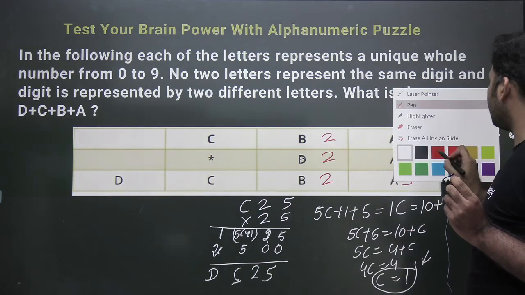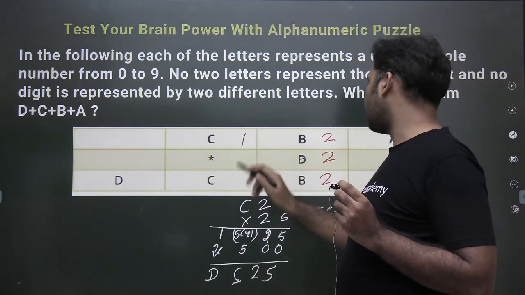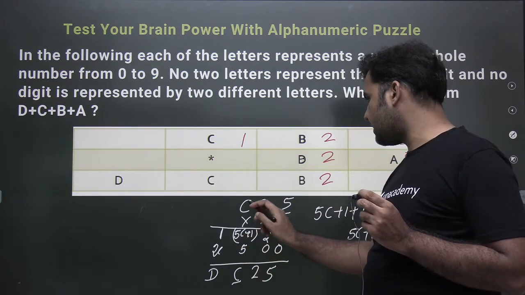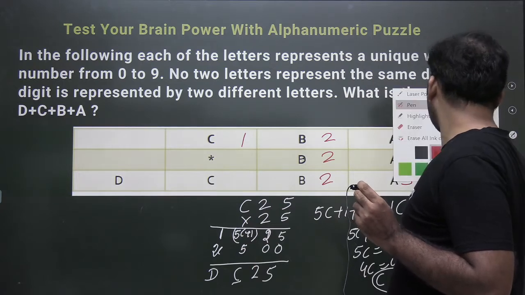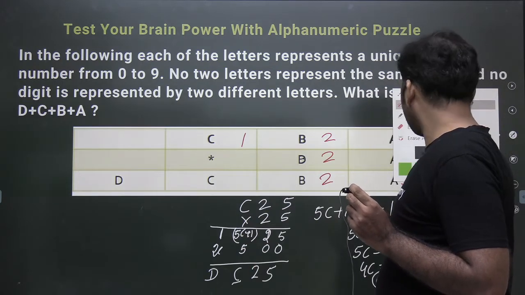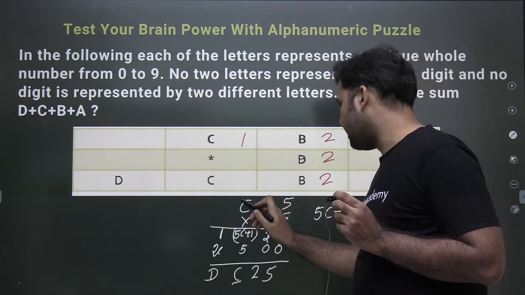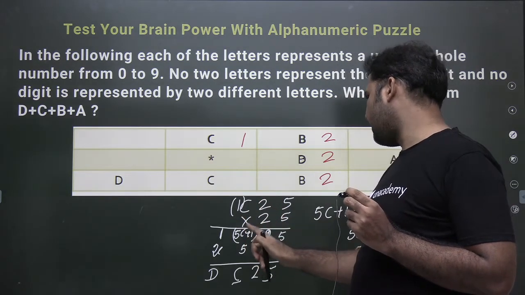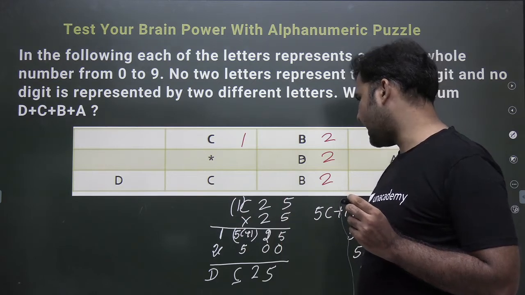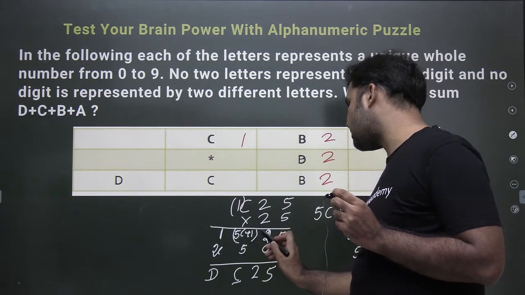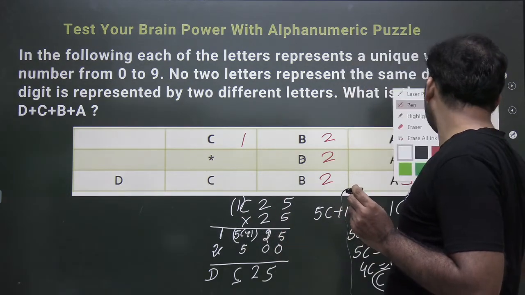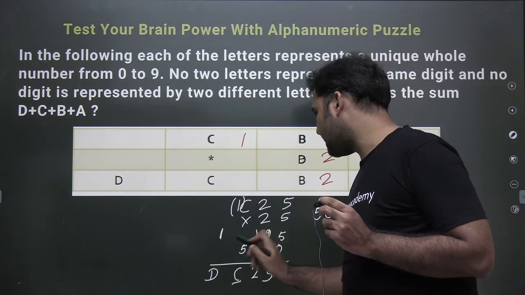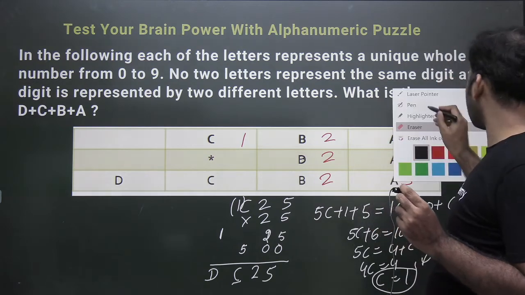Now when I take C as 1 here, right, let's see what will be the multiplication you'll be getting. Taking C as 1, replace C with 1 here, right. If I take C as 1, so this would be 125 into 5. Right, this will give you 625. So this number has to be 6. 5C plus 1 will be 6, right? So let's replace these two values and you'll get your final answer now.